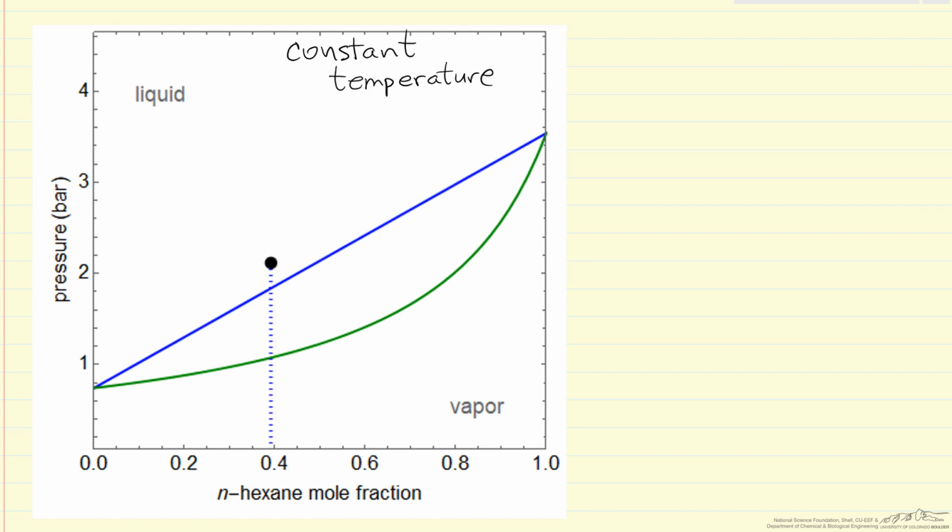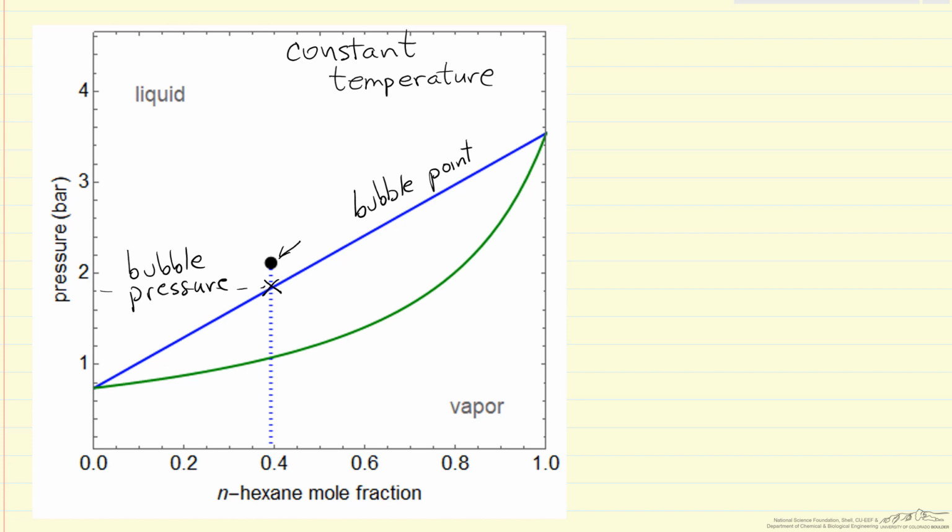If we have a liquid at this point and we were to lower the pressure, here is where we would see the first bubble of vapor. So this would be the bubble point line, and this would be the bubble pressure at this temperature corresponding